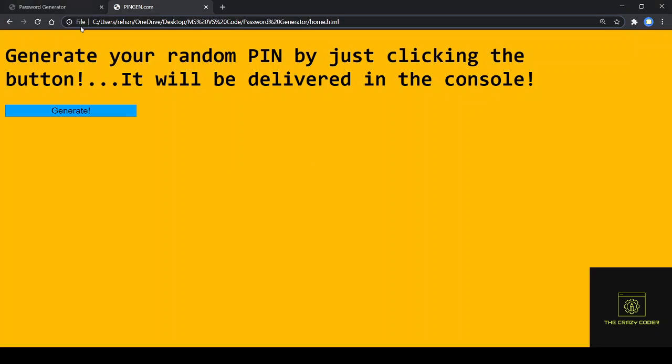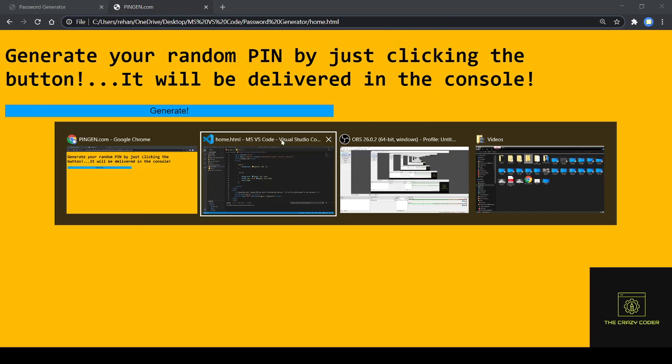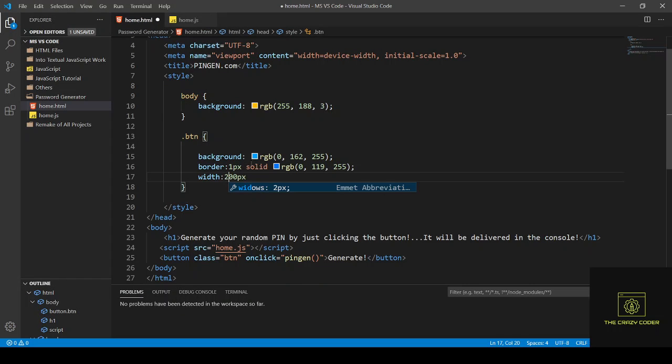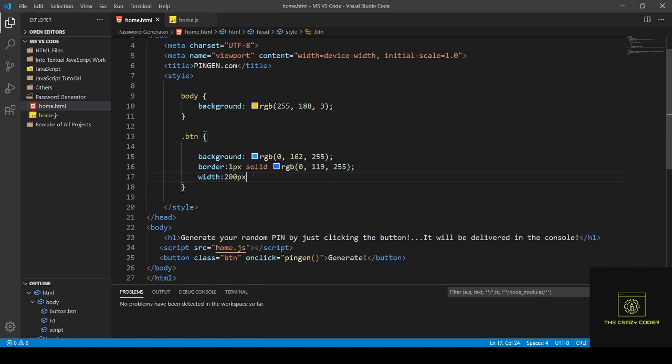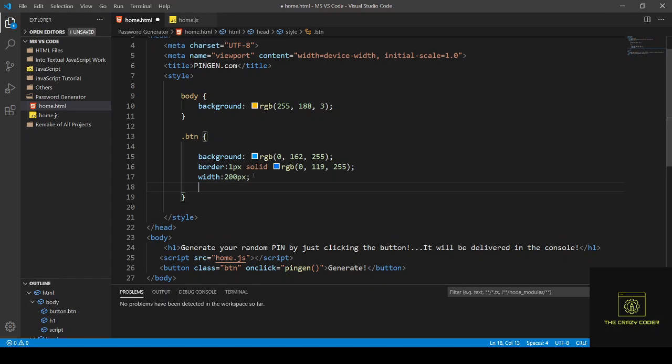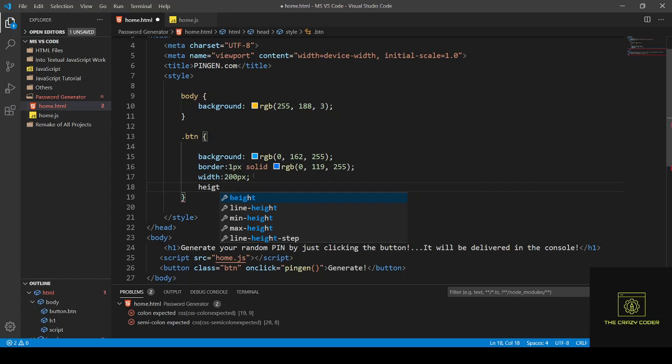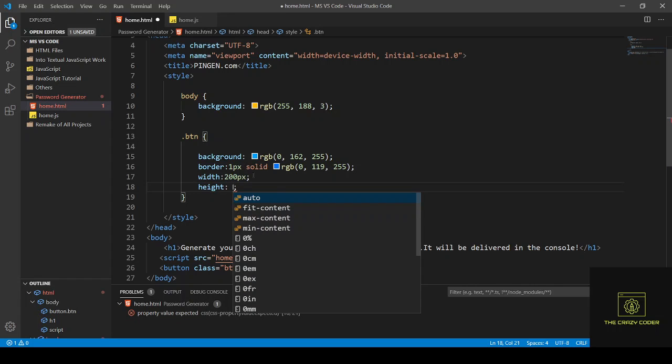What would harm us? Yeah, we can make it even better. But you know what? I don't like this much. Let's leave it at 200. Ooh, yeah. Then we're going to be adding the height simply by adding a semicolon. Height over here. Then the height is going to be equal to,